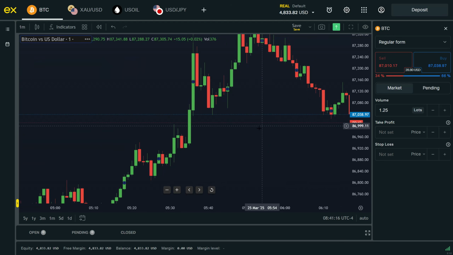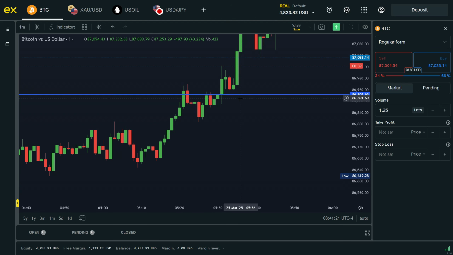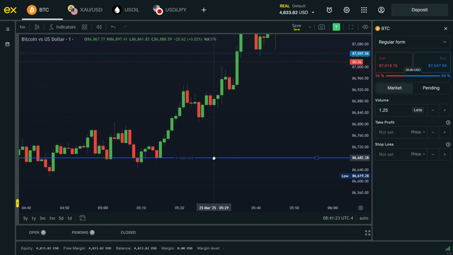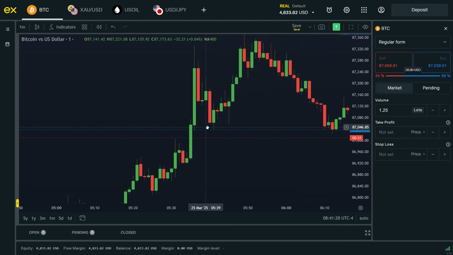Now, let's flip the scenario. In this example, the candle's close is equal to its open again, but this time the green candle's body is bigger than the previous red candle's body. This means buyers have taken full control, overpowering the sellers. This is a strong buy signal, indicating the market to move upwards. If you look at how the market reacted after this buy signal, you'll notice a huge upward move, a great